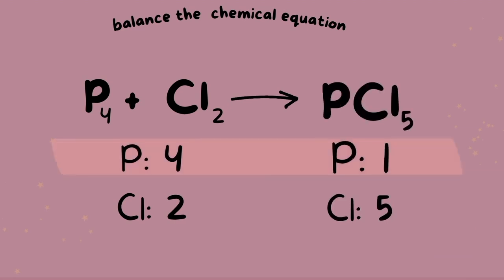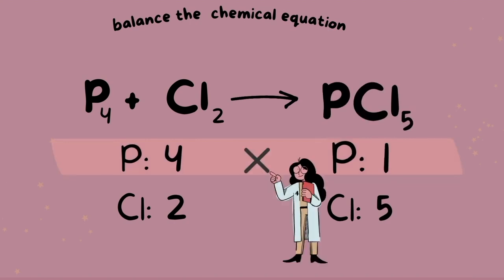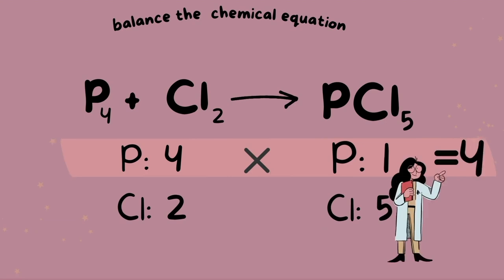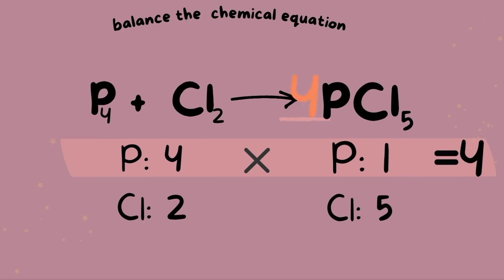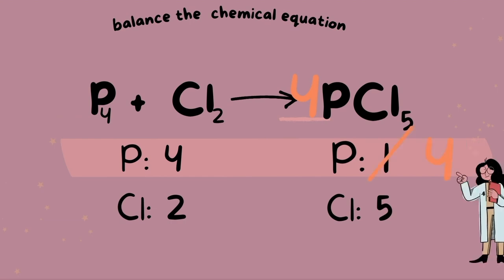These phosphorus are unbalanced. So let me try this little trick of multiplying the amount of atoms on each side. Keep in mind, this trick doesn't always work, but it's worth a try, especially with a simple equation. So let's multiply 4 times 1, and this is going to give us 4. Then we add the 4 to one of these 2 places, so it can manipulate the number of phosphorus. I'll add it here. And this gives me 4 phosphorus on this side.